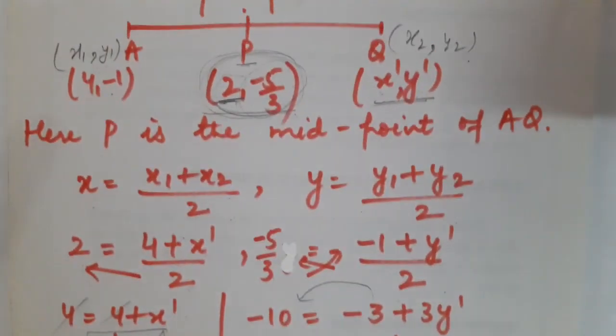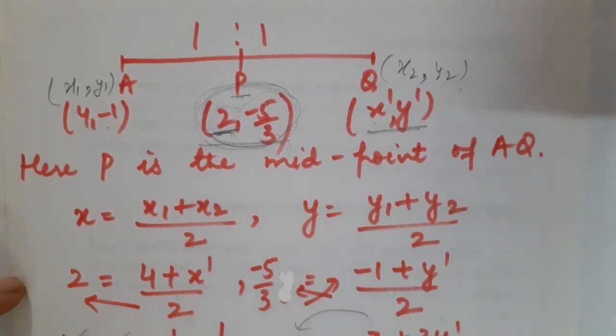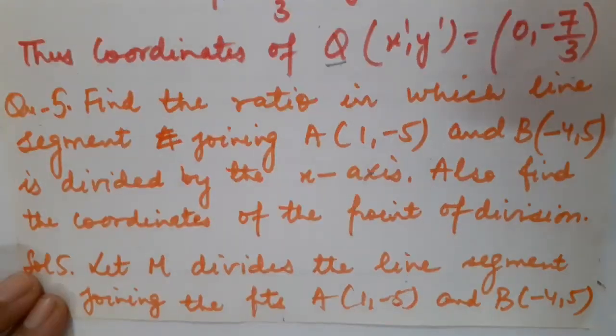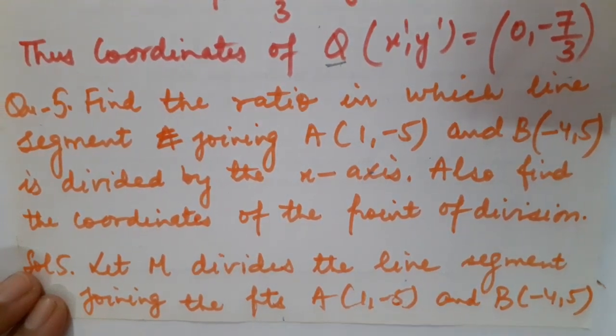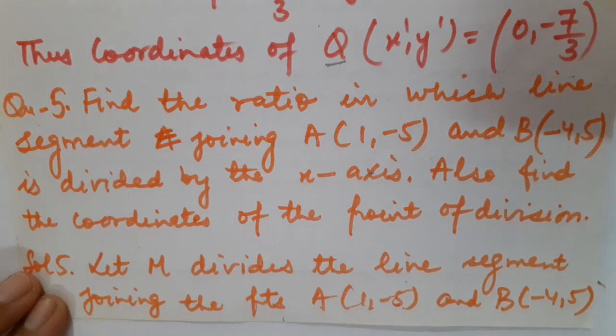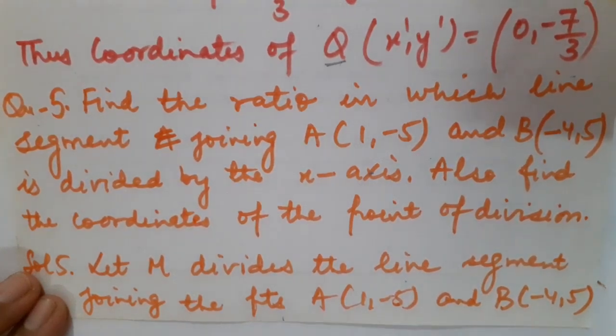Fine, student. So I have told you the 3 ways to calculate the coordinates of point Q. Whichever you like the most as well as the easiest one, you can go with that. Now children, the section formula not only helps us calculate the coordinates of the point of division when the ratio is given. In fact, we are capable of finding the ratio also when the coordinates of the point of division are given.